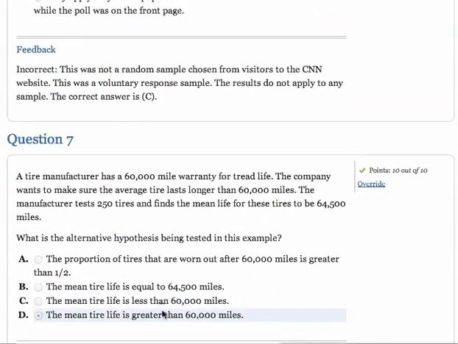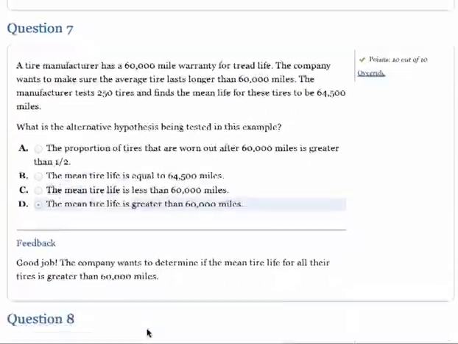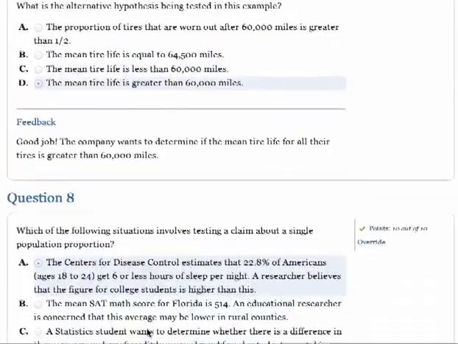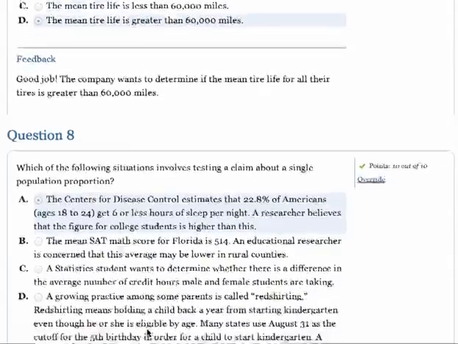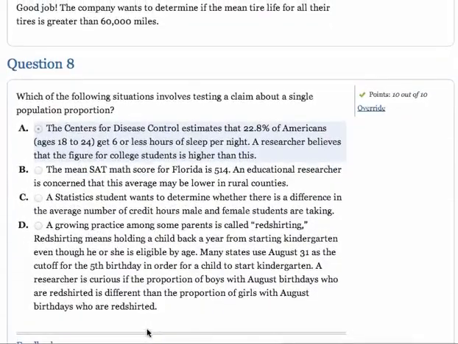Question 7, you did correctly. So I think you're good at figuring out what the alternative hypothesis is. Number 8, very good. You were not distracted by the ones that had to do with means. You see, we wanted to know which one's about a population proportion. B is about a mean. C is about 2 different populations, males and females. And D, if you read through it, is first of all about means, and secondly about 2 populations. So D is wrong on 2 counts, so good job.